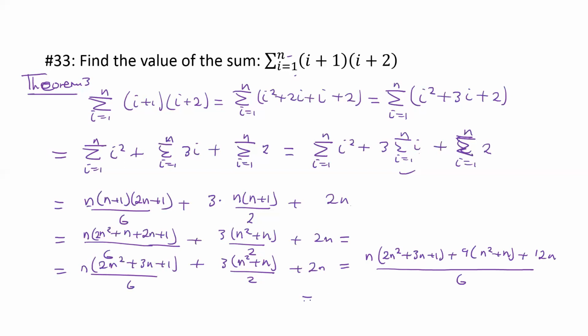When we simplify everything there, it comes to n cubed plus 6n squared plus 11n, all divided by 3, which you can write by factoring n out as n over 3 times (n squared plus 6n plus 11). So that will be the final answer